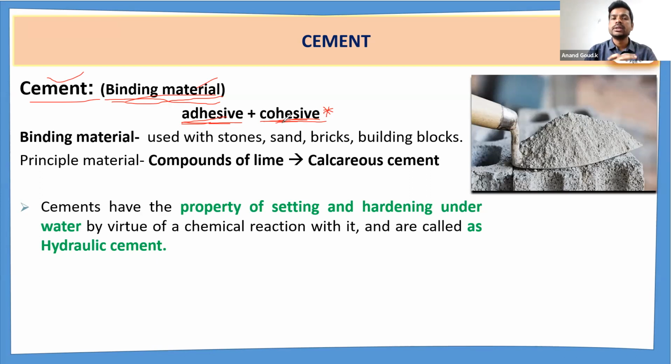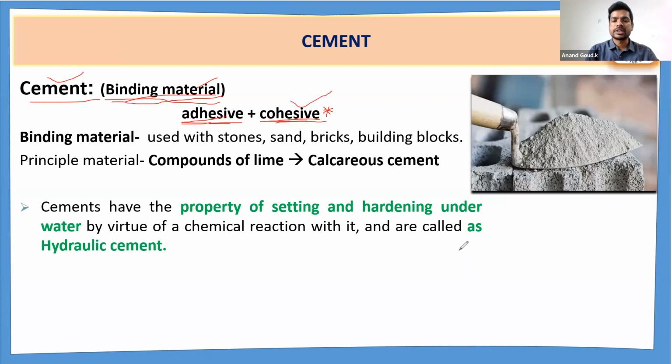Or if you take cement, by cement you can bind most materials, 80 to 90%. But you cannot bind with the glue or any other gum, because those binding materials will not have these adhesive or cohesive properties. It may have cohesive property, some materials may have adhesive property. So what do you mean by adhesive? First of all, I'll discuss the cohesive property.